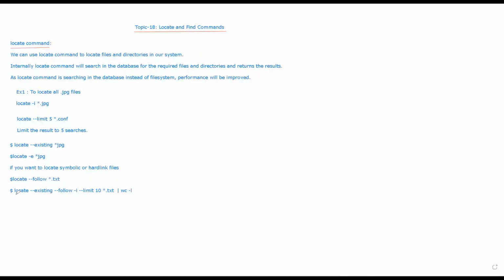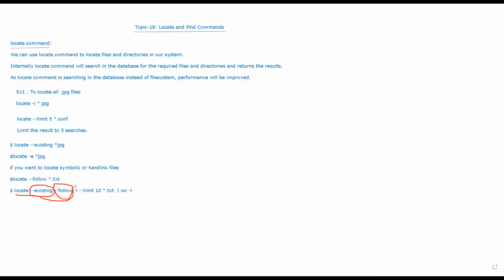you can see that with the locate command, I am checking whether the file exists or not. Then by using follow, I am checking whether it is a soft link or link file, because sometimes there might be broken links, right? Broken links won't be displayed in the results, which is ideally the expectation.